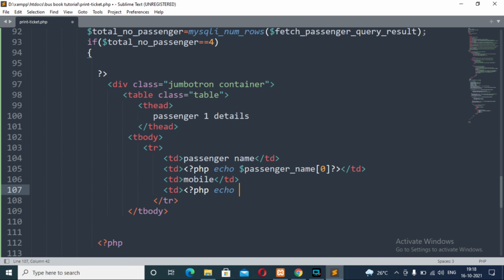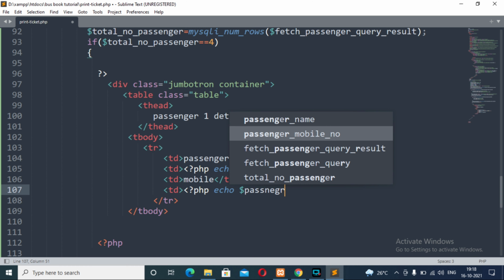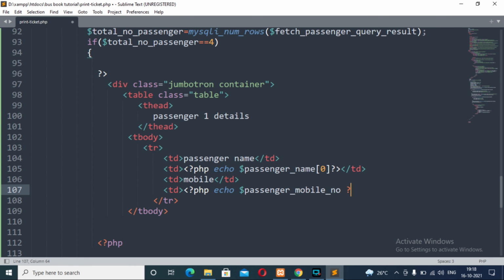So echo passenger mobile number, close td tag. Sorry, now close the tr tag. Okay, it is already closed by me on line number 109.